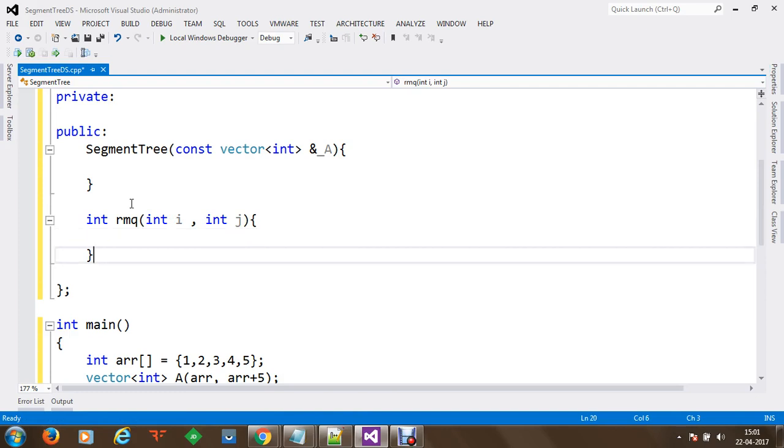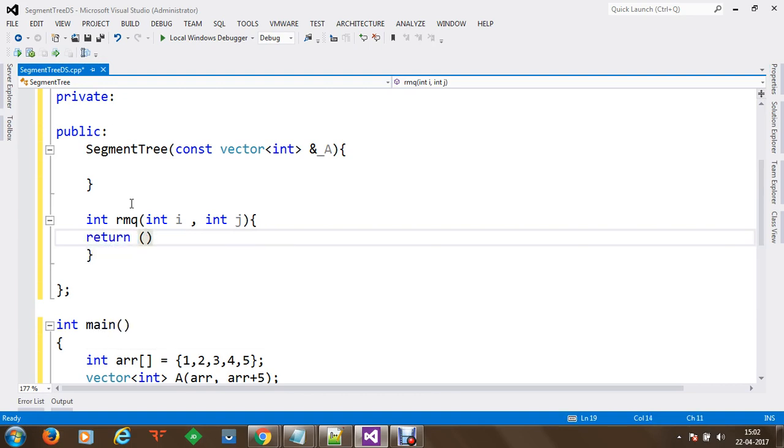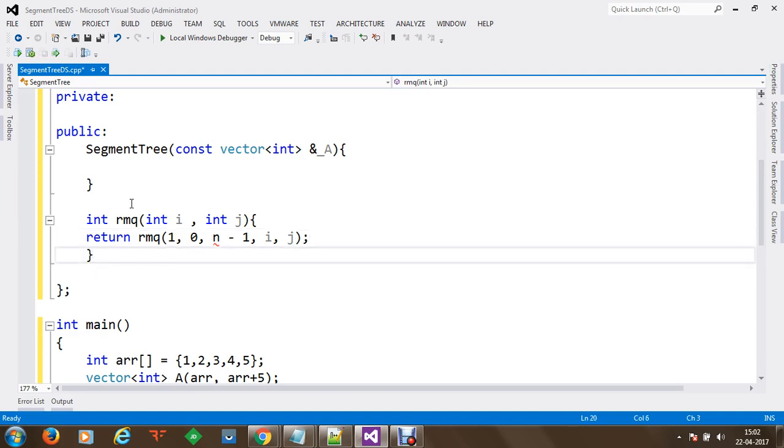We are going to return a value, and here we are going to execute a private method rmq, in which we are going to check from the point 1 and from the minimum range as 0 up till a range of n minus 1, and the values i and j will be specified, and finally we are going to get the minimum segment between the range i and j.